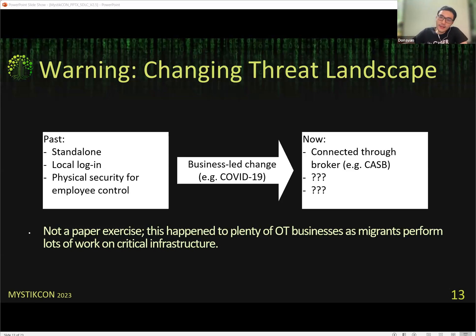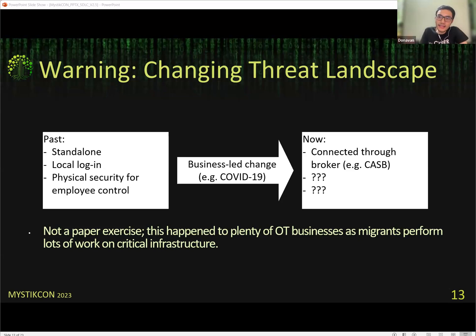Now, unfortunately, when COVID-19 happened, a whole bunch of people were homesick, they missed their homes, and so they told their employers they will go back home and they'll either work from home or never come back to work again. Either way, that's sad news for the employer because now the contractors that they rely on are not on site. So what did the business do? The business still had to continue to run, so they had to introduce remote connectivity, and due to the nature of COVID-19, because it was fast, it was dynamic, the government was introducing lockdown rules faster than the businesses could react, and so the businesses had to come up with stopgap measures.